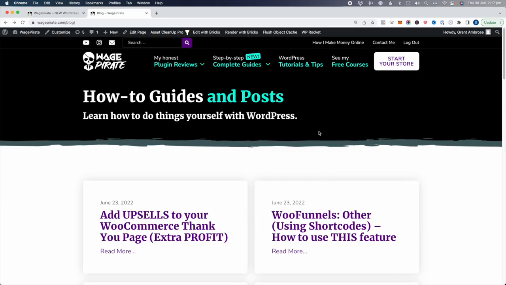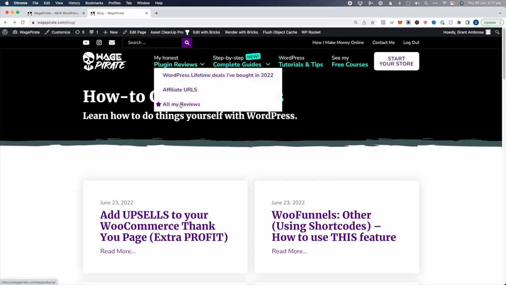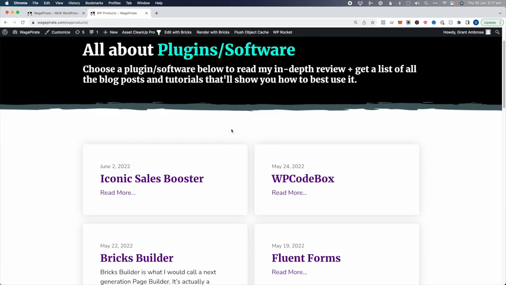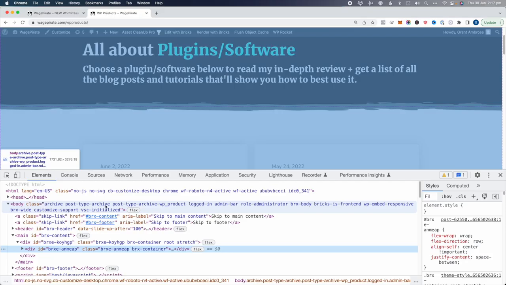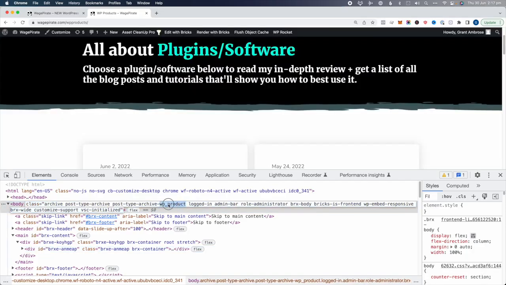Another way that I'm using this is for a post type archive. So if I go to all my reviews and we have a look here, if we right click and go inspect element, this is a post type archive for this post type here,